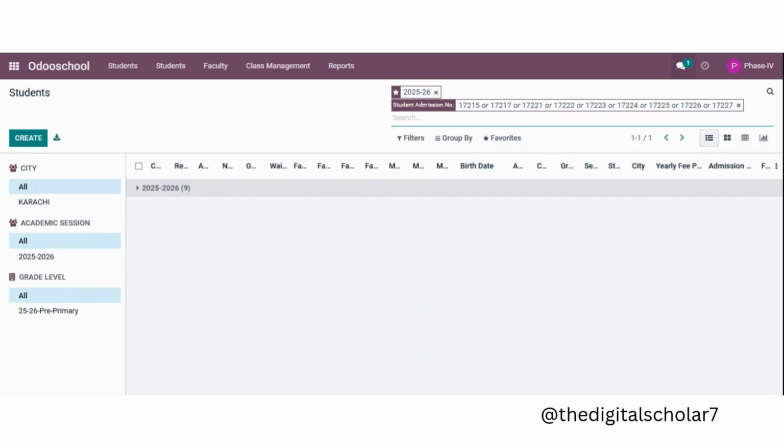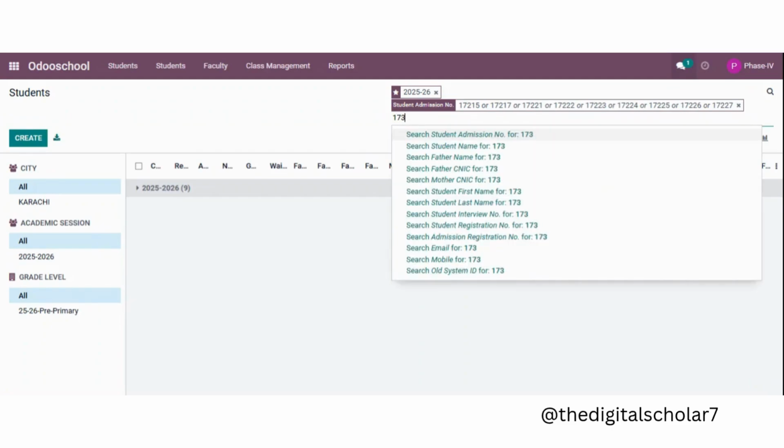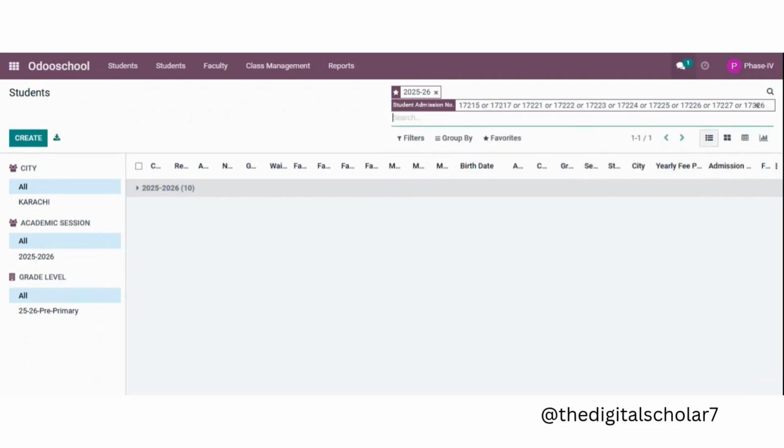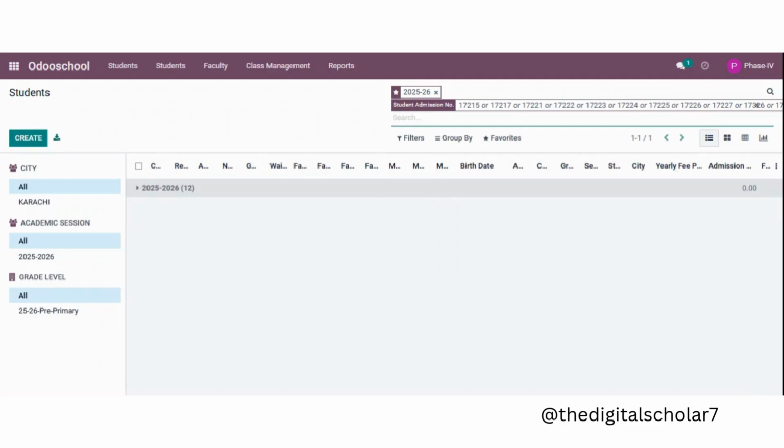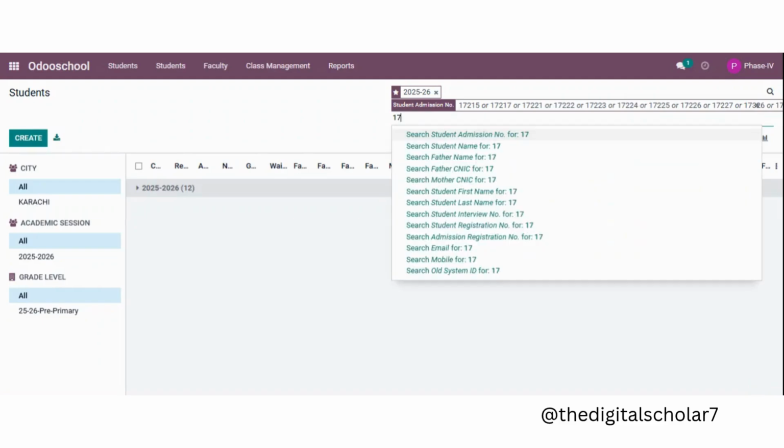So keep on writing, as I am writing in the search bar, the GR numbers of the students, and the counter underneath in the center you will see will keep on changing. I have written so far 12 to 13 GR numbers in the search bar, and keep on pressing the enter key to make it search in the system. So here it is once again. I keep on doing this.